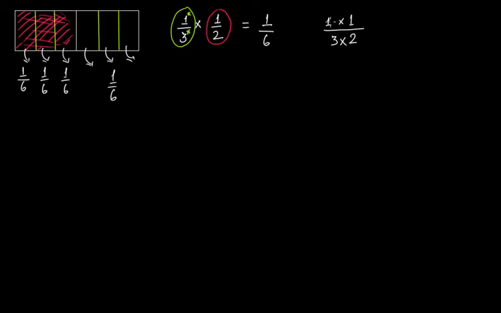Because if you take 1 by 6 out of this one, that is represented by here, that will be only 1 by 6 only, and it means these two are actually the same thing. So 1 by 3 times 1 by 2 will be equal to 1 times 1 and 3 times 2. Okay,